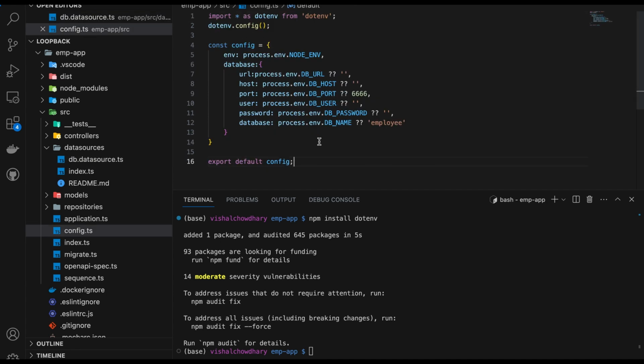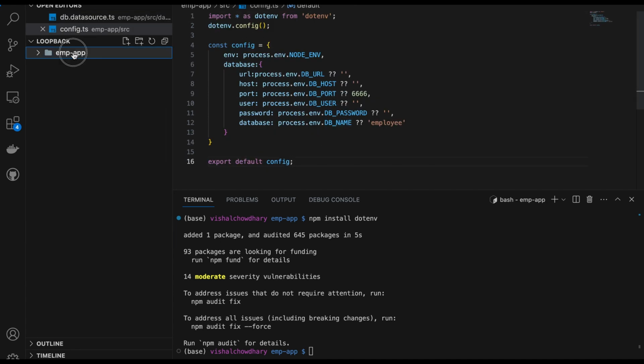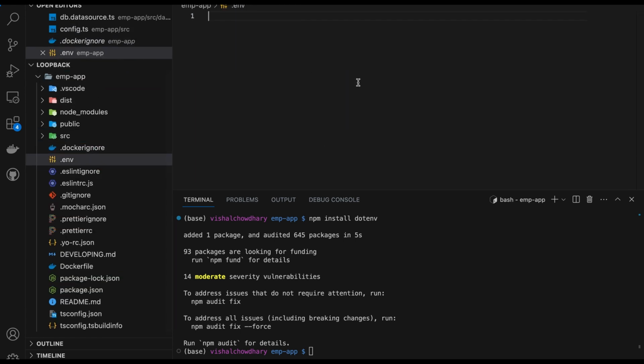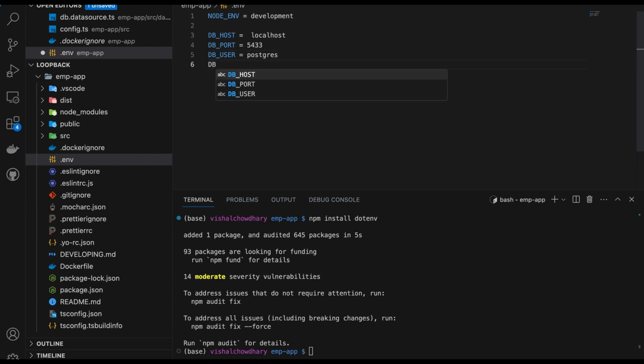Okay, so now we have created this one, so we will create a config env file. So in that .env file we can give whatever values. Now ENV is equal to development currently, DB_HOST equal to localhost, DB_PORT 5533, DB_USER is equal to postgres, DB_NAME is equal to employee,